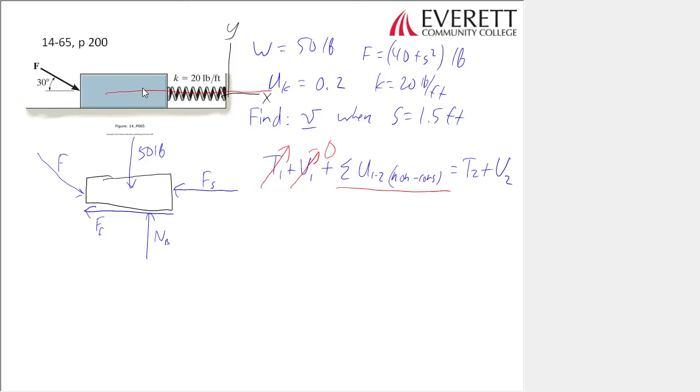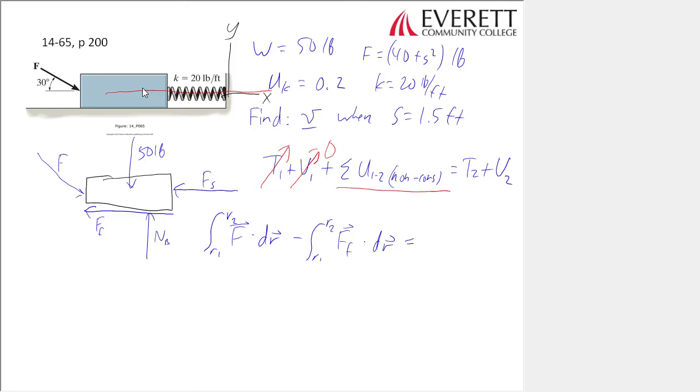So we need to take the integral from R1 to R2 of F dotted with dr. That's for our force. And then because friction is pointed in the negative direction, we're going to say minus the integral from R1 to R2 of frictional force dotted with dr. That's going to be our two non-conservative forces. We're not going to bring in the spring force, and we're not going to bring in the weight force, because both of those are conservative, and they come in with potential energy. And that's going to be equal to